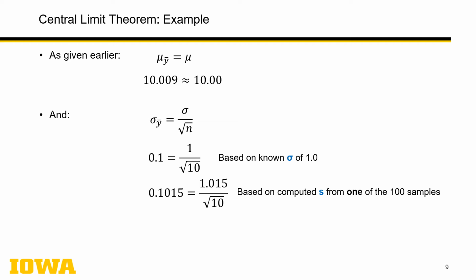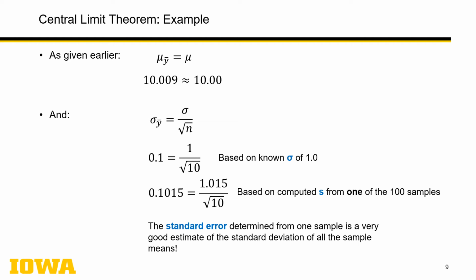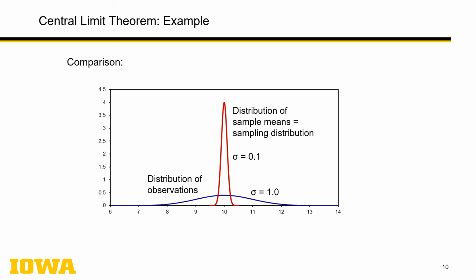So we've more or less just proven that to ourselves. So it's a very good estimate of the standard deviation of all the sample means. So now we have an overall mean and kind of an overall standard deviation of the means, just the means themselves. Now looking at the distribution of them, again, the observation distribution will be broader than the distribution of the means. They are going to be packed around the center